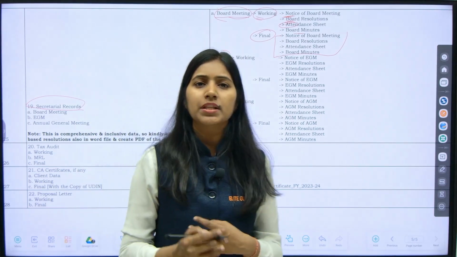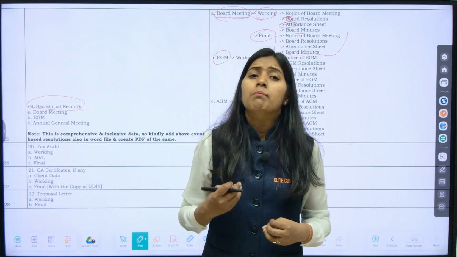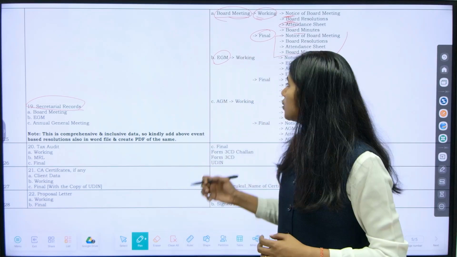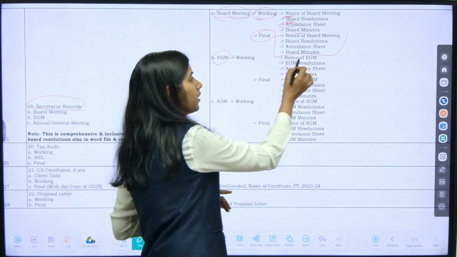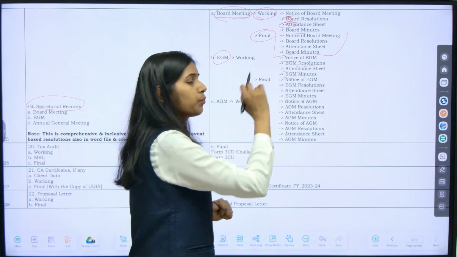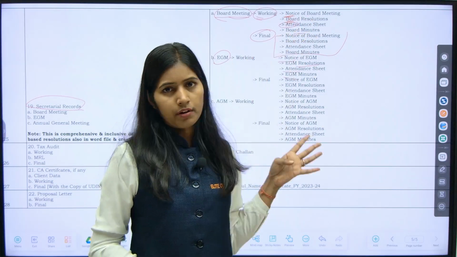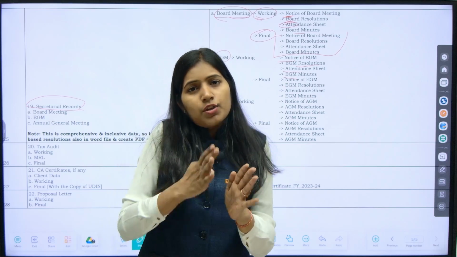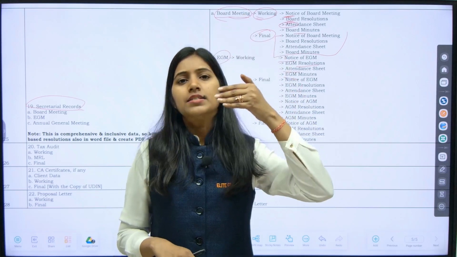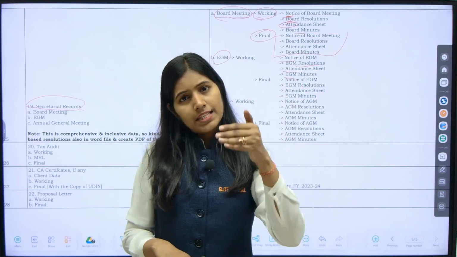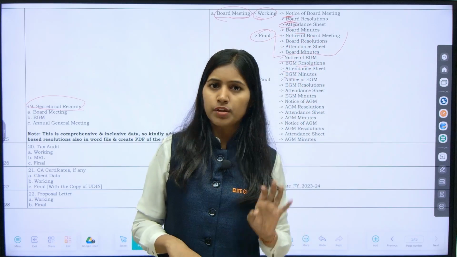See, an EGM happens when there is a substantial change in the company or its nature. So you conduct the members' extra-ordinary meeting. Again, to conduct it, you have to follow the same process. You have to give the notice, the resolution has to be passed, attendance has to be maintained, and the minutes have to be maintained. So these 4 documents, the way you have prepared them for the board meetings, likewise you have to prepare for the EGM. That means first EGM happened, one Word file; second EGM happened, same Word file, second EGM you have to mention. That means first notice of the EGM, second notice below that, third notice below that.